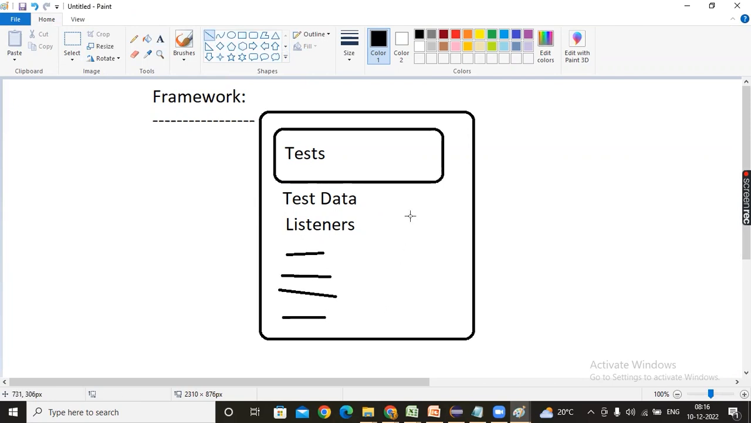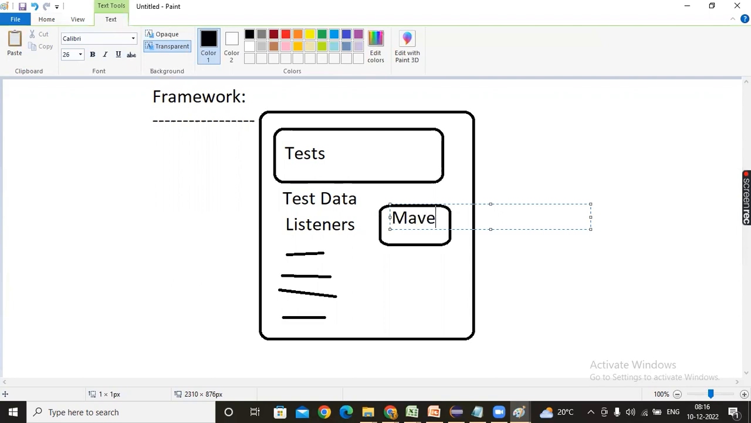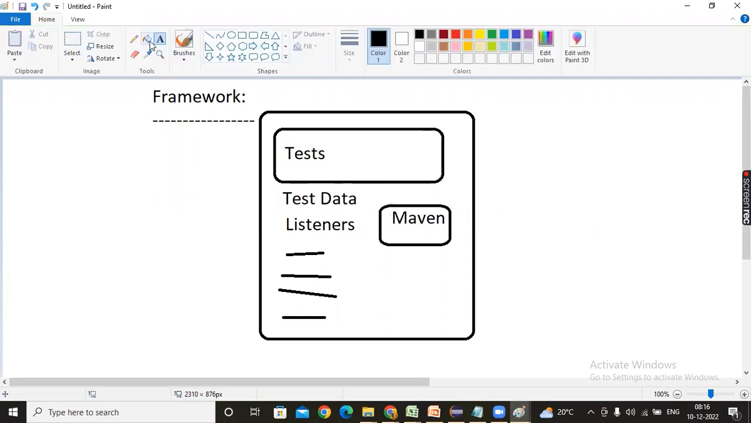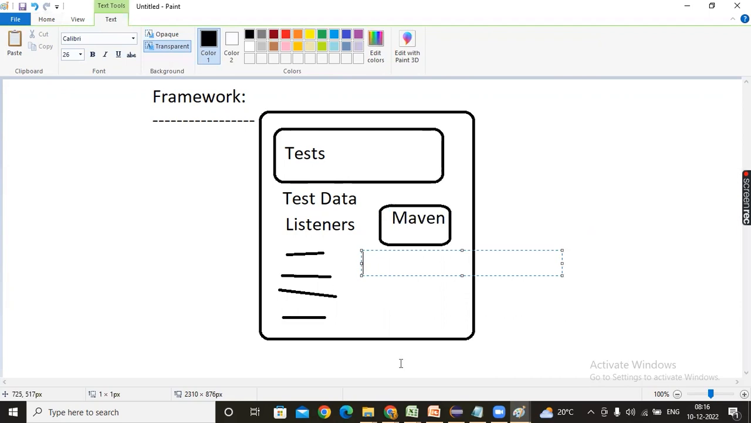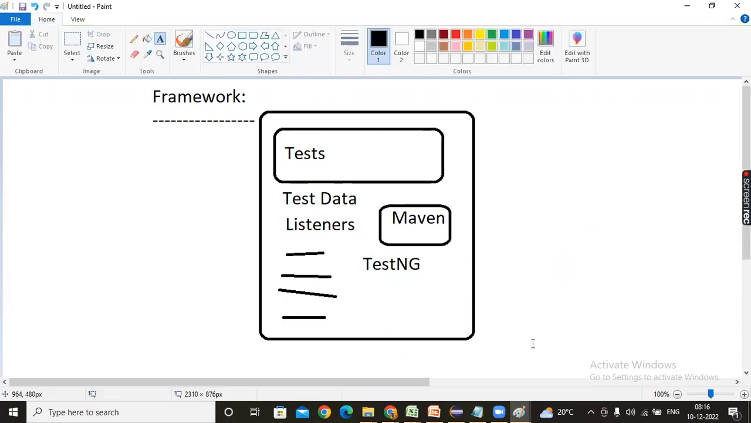How the flow is: this framework should be in Maven format. You are using Maven here. You need to use Maven and you need to use TestNG. All these things you are going to use. We are using TestNG as well. So this entire framework,